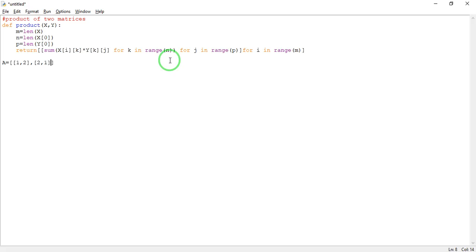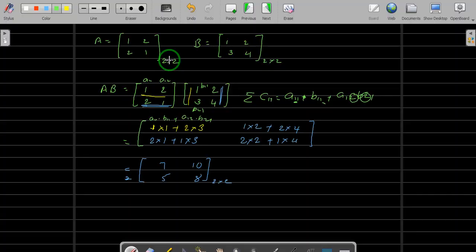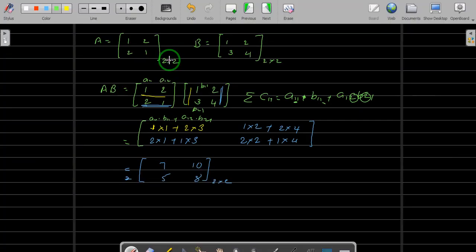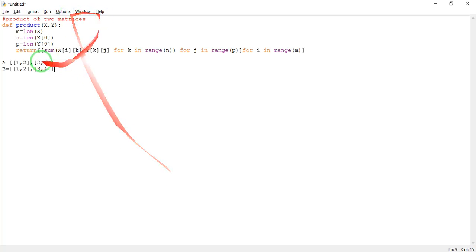Let us take a matrix B, again 2 by 2, as 1 2 3 4, so the first row is 1 comma 2 and the second row is 3 comma 4. Now we want to find AB. Manually we have already found the answer, so let's check that with our program.